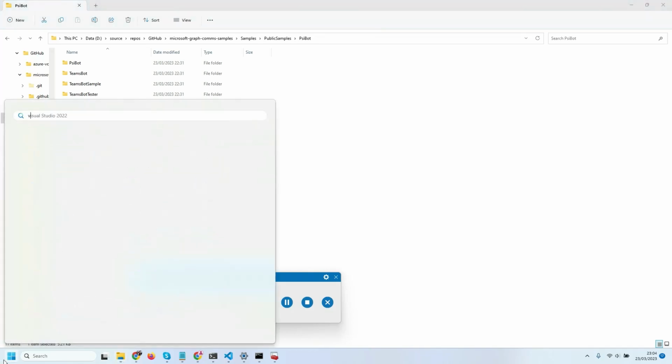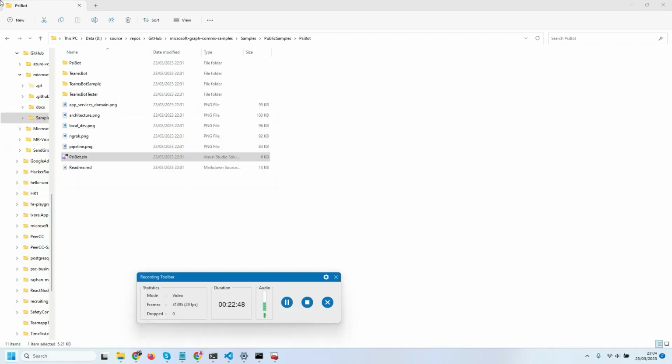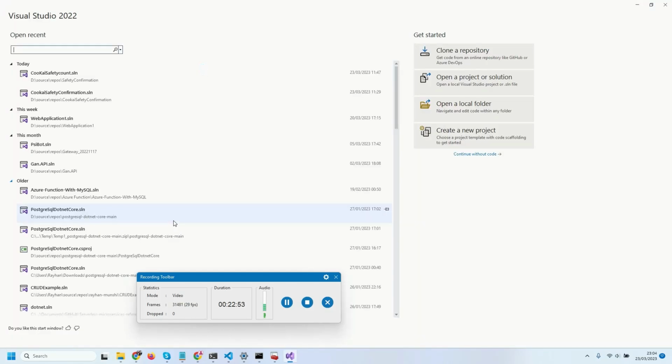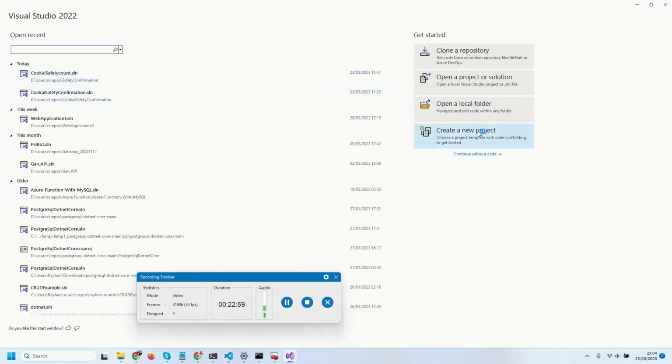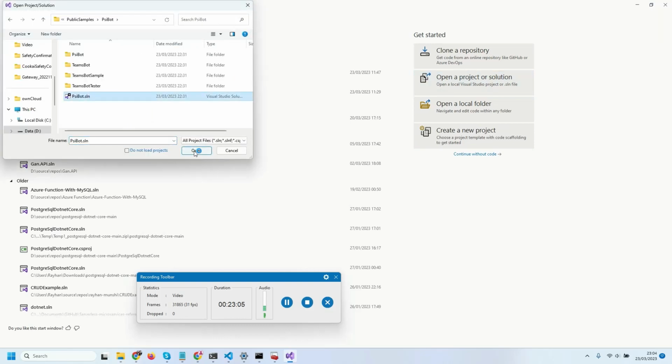You need to open your Visual Studio as an administrator, otherwise this will not work because of some permission related issue. I'm going to copy the path, go to Visual Studio, paste the path, select the solution,